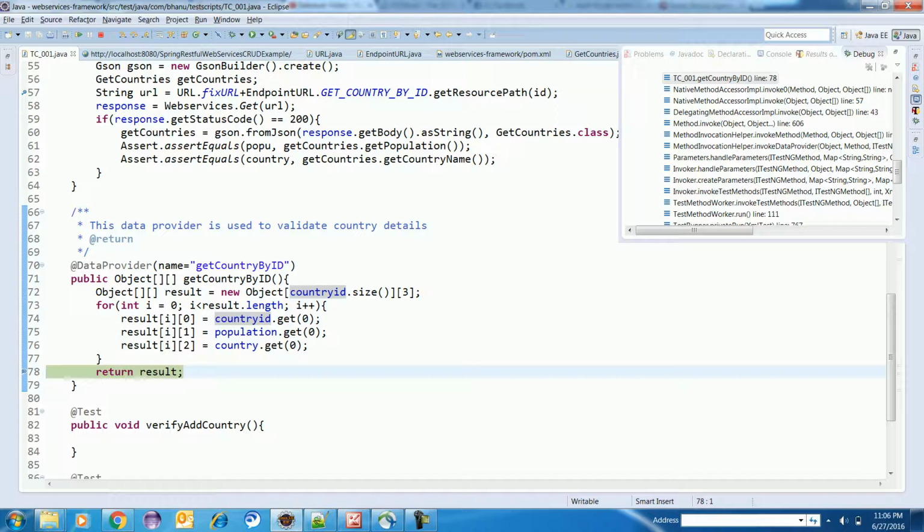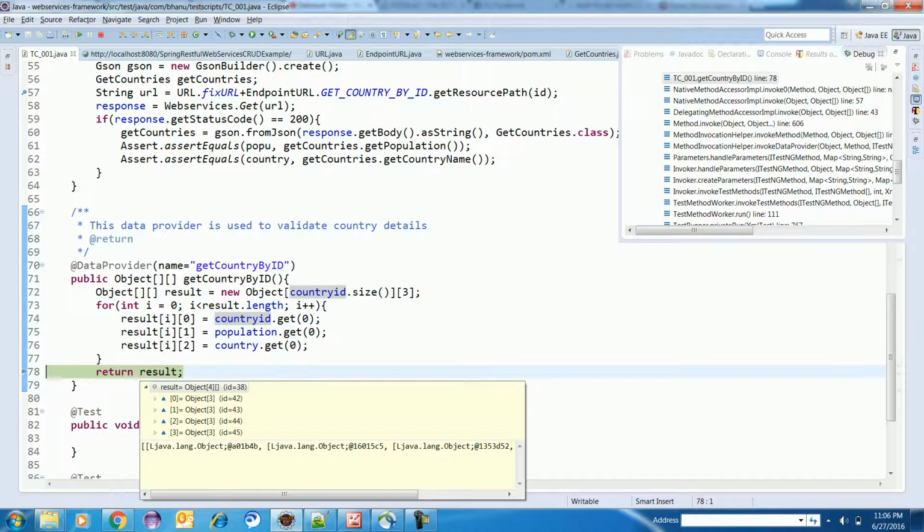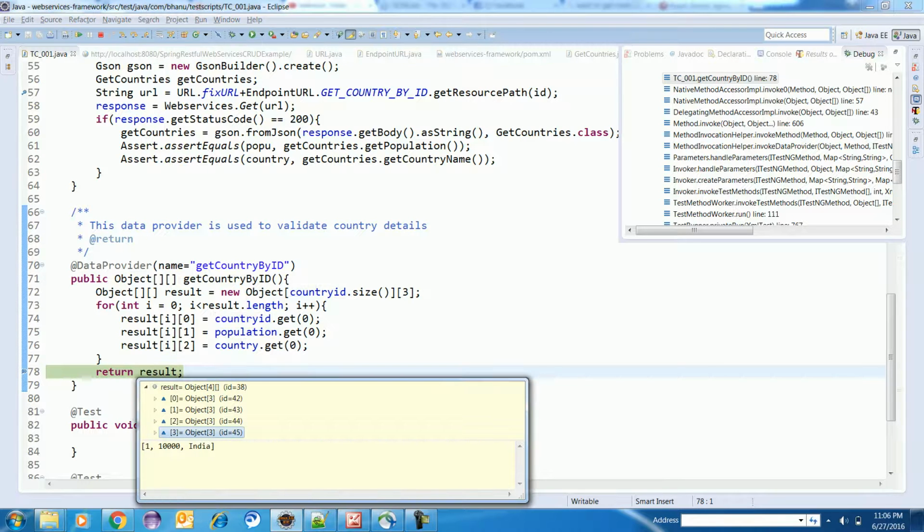What happens is, if you look here at result, the data is getting stored, but the problem I'm seeing is that everywhere you have 1000 India. So row 3 has 1000 India, again this has. Okay, so guys, I got it.